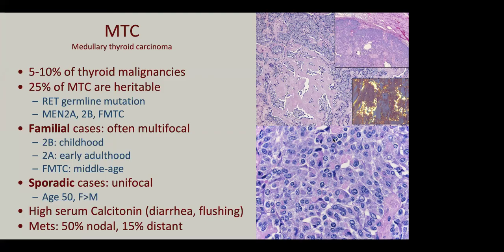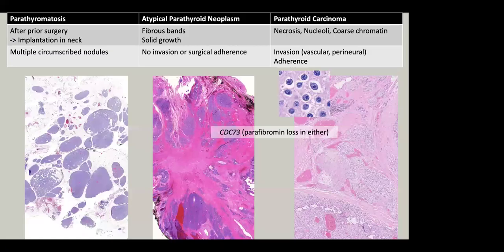As you all know, these look like C cells with granular purple cytoplasm, salt and pepper chromatin. Sometimes you'll see amyloid deposits. Amyloid here is just the calcitonin protein that's folded into the beta-pleated sheets. These can metastasize both to lymph nodes and to distant visceral sites. And in the last 2 minutes, excellent,